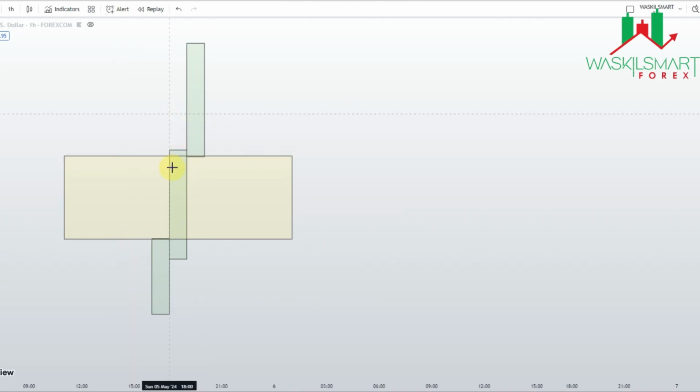I'm using these three candlesticks to explain the fair value gap. You can see it here now. The market was bullish. You can see three bullish candles, 1, 2, 3. But at this particular level, we have a gap. What happens at the gap is what I want to explain now.